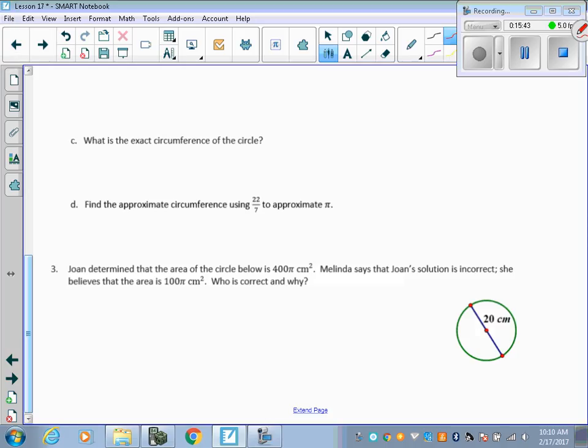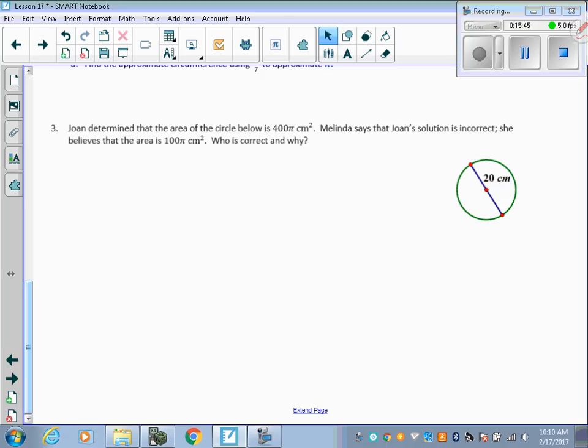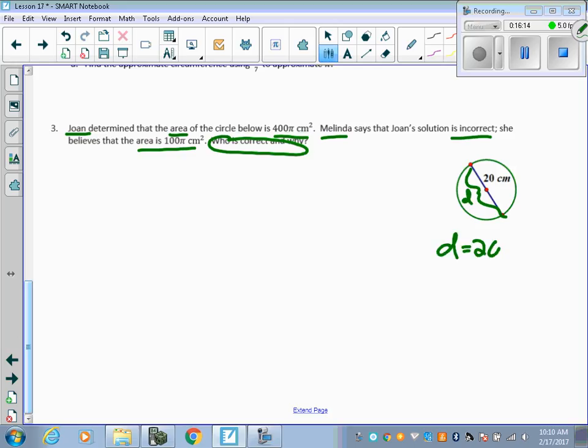Now the last one that I wanted to go over is Joanne and Melinda here, who have a disagreement. Joanne said that the area was 400 pi centimeters squared. Melinda says that she is incorrect, and she says the area is 100 pi centimeters squared. So who is correct and why? So what I'm going to do on this is just look at what we have. This right here represents the what? Hopefully you said diameter. So if the diameter equals 20 centimeters, we need to know the radius, because our formula